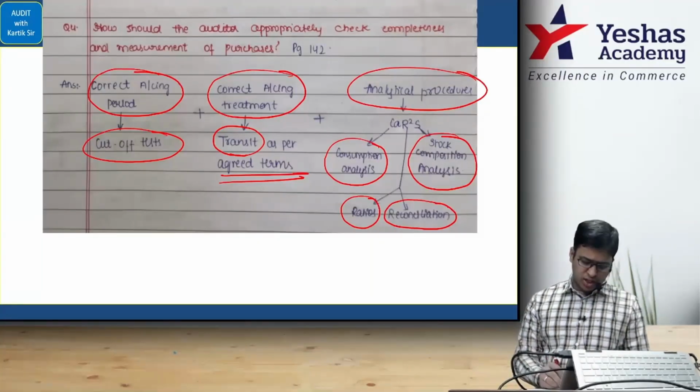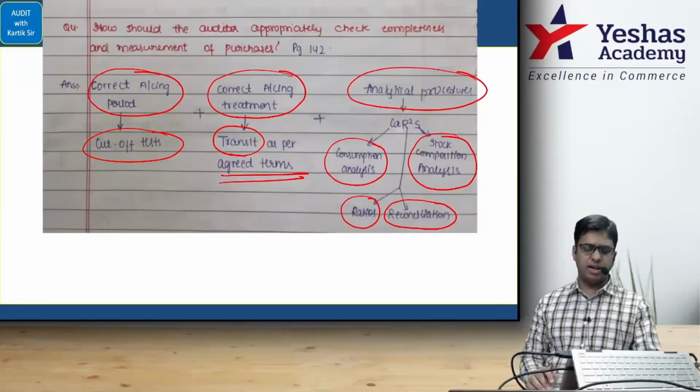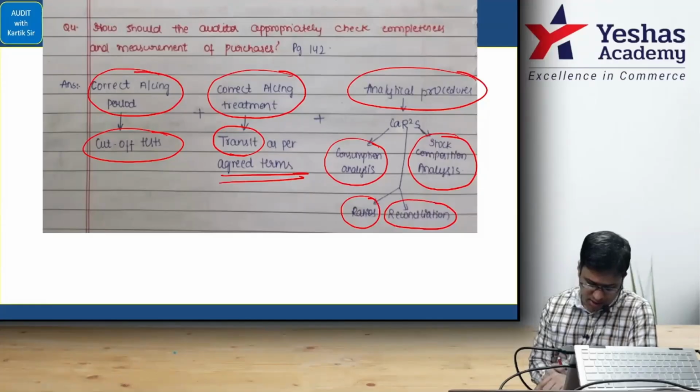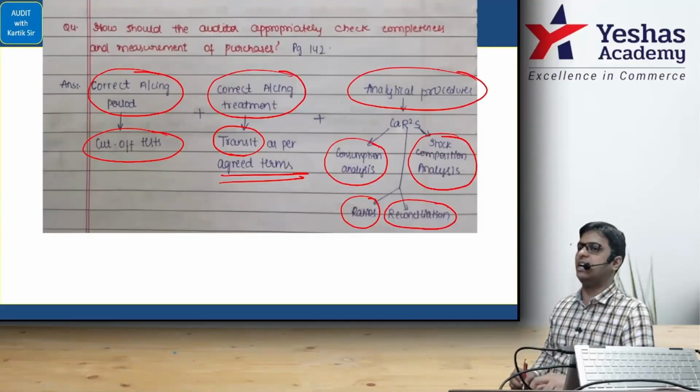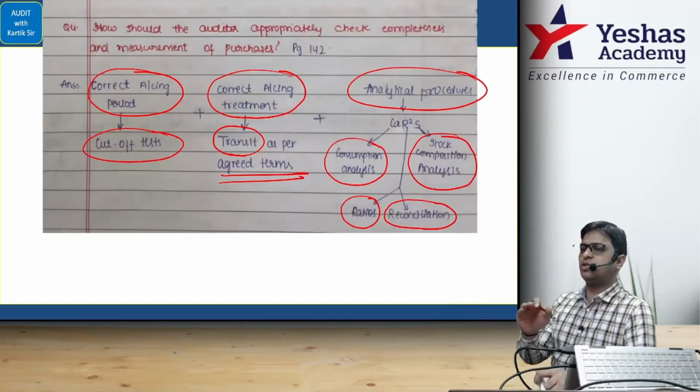In addition to procedures for establishing occurrence of purchases discussed above, the auditor should also do some checking regarding measurement, whether purchase value is correct or not. First, perform cutoff test to ensure that purchases are recognized in the correct accounting period. For the purpose, the auditor should examine and align material inward records for a few days, say last 5 days prior to closing date, to check all corresponding invoices have been duly entered in the purchase books and none have been omitted. Why is the auditor checking near the period end? Before 31st March, you should be very careful. They can do manipulation.